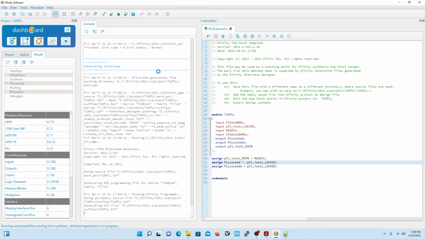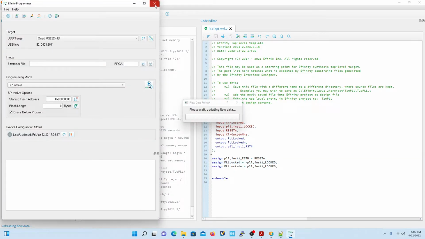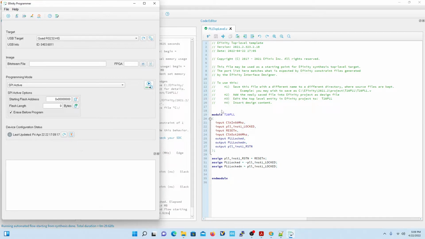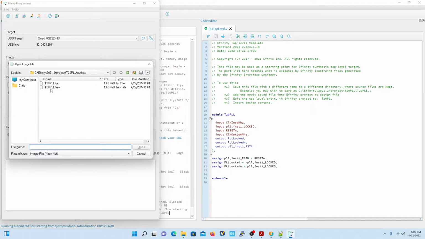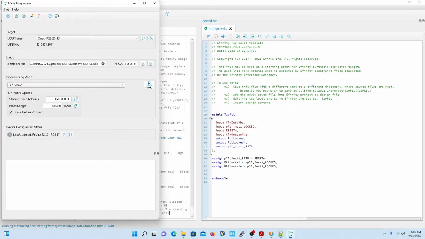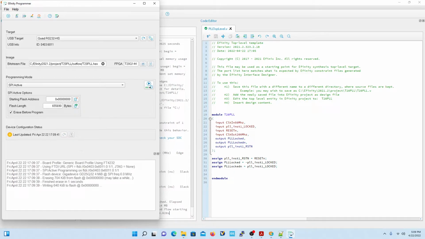Generating a bit stream. Okay. Here's our hex. Start programming that. And while that's doing its thing,